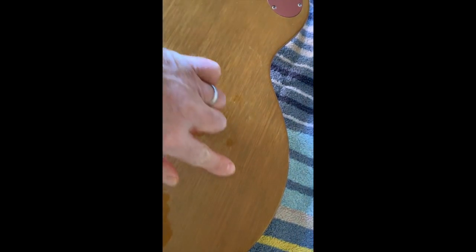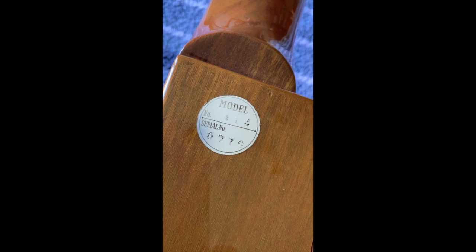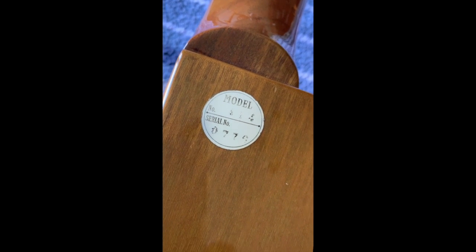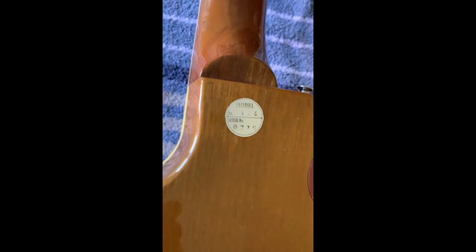Flipping it over, I'm not too worried about marking it, as you can probably tell. Buckle rash, that's mine, definitely. Serial number there, can't quite make that out. It might be 0776. Probably try and decode that later. It's on a sticker rather than a stamp. You can see, again, attractive piece of mahogany